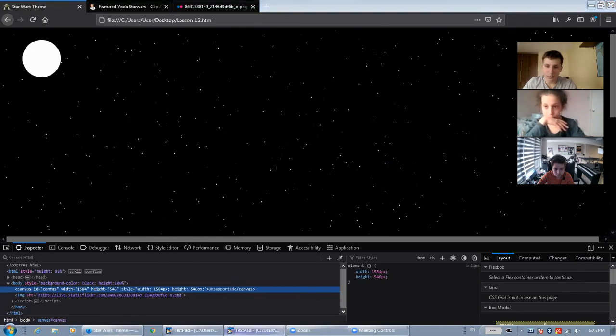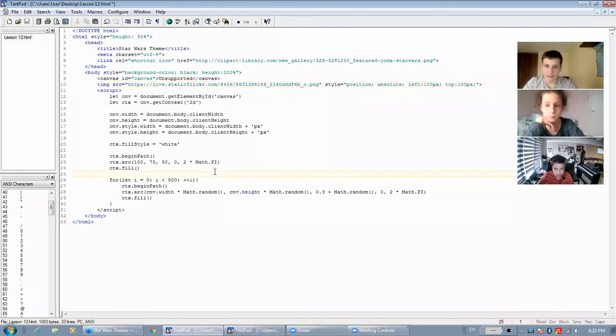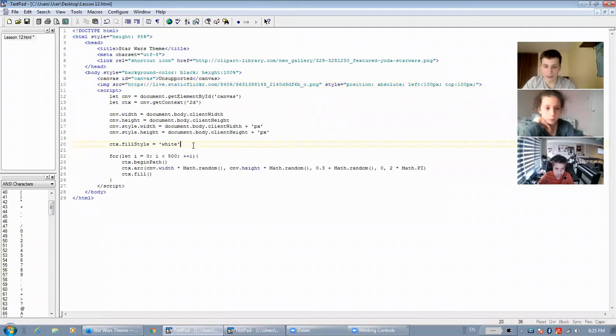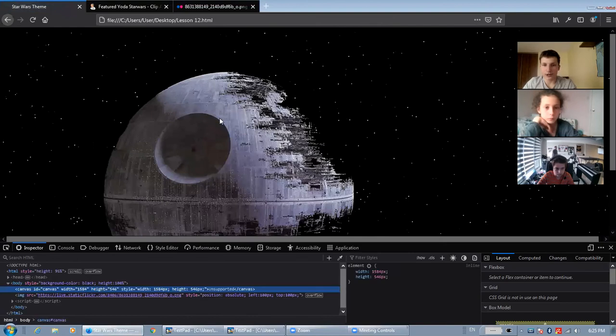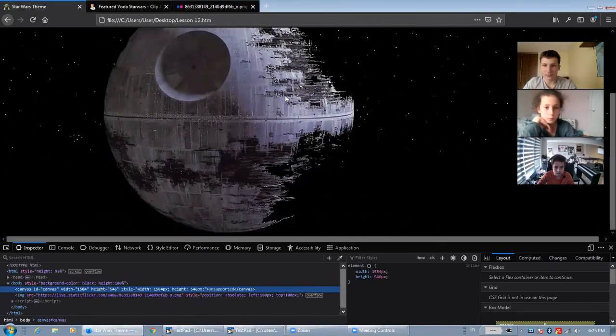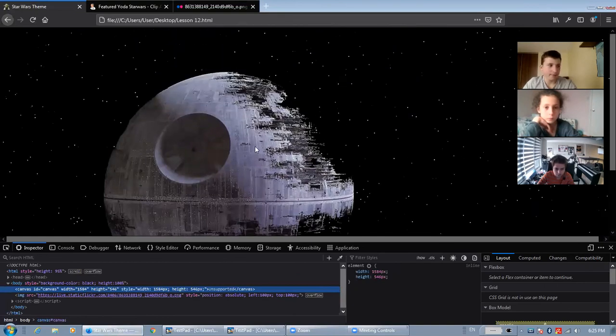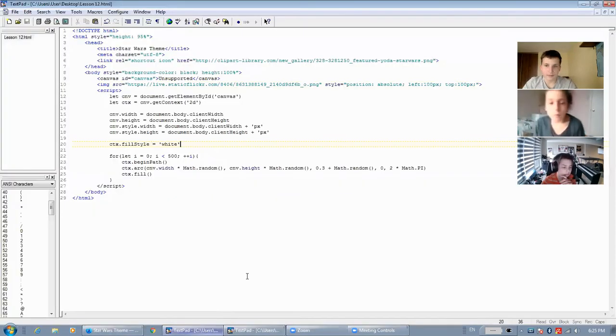And actually, before I save and refresh, let's remove our first circle that we made because we don't need it anymore. Now, when we refresh, the Death Star is displayed on top of the canvas, but it is too big. And we need to slightly reduce the width and height. And in style, let's set it to 40%,